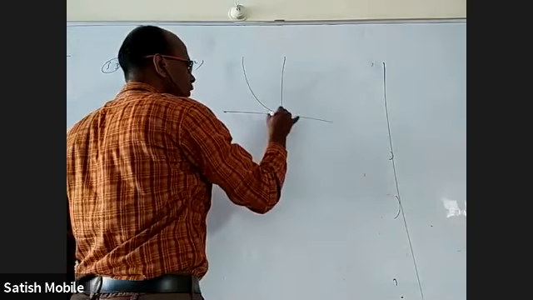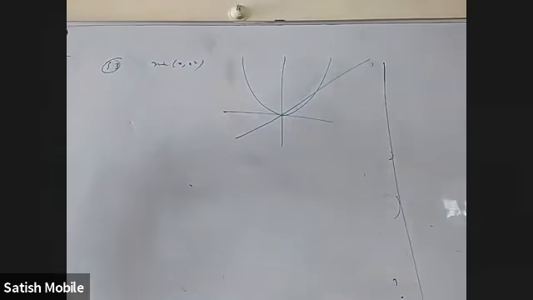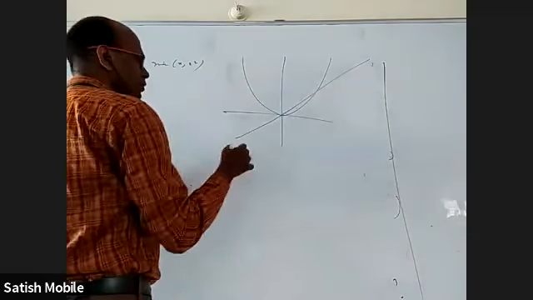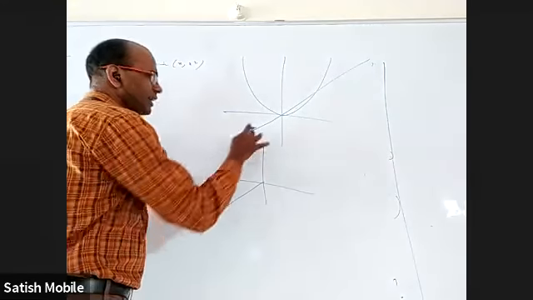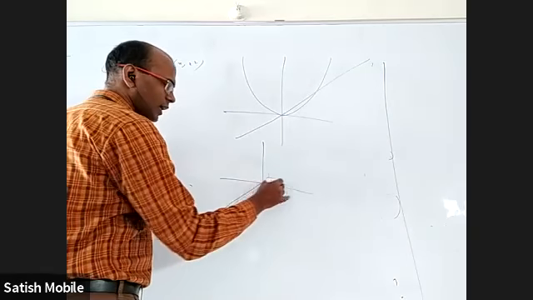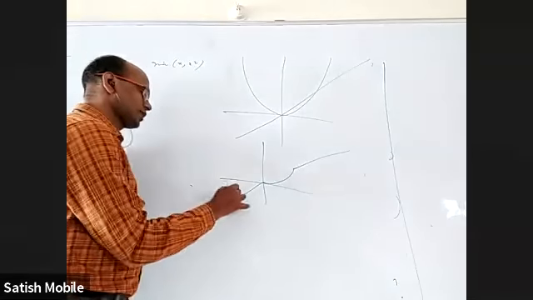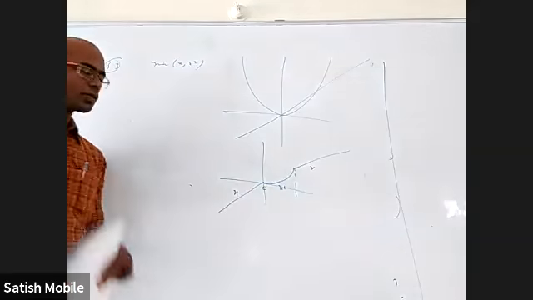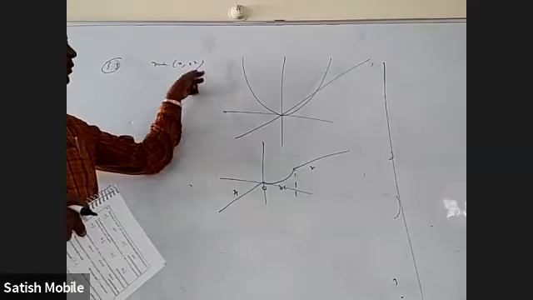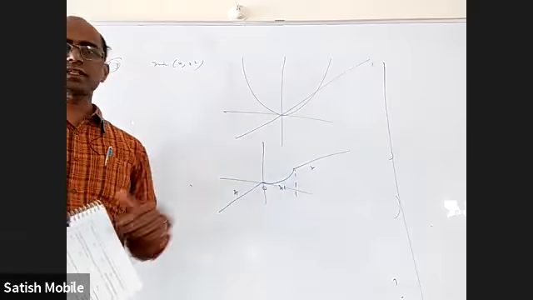If we take x square and y equal to x, they'll intersect at 0 comma 0 and 1 comma 1. If we take the minimum of these two, here this line is below the curve, but here the curve is below the line, and again the line. Okay, this is the final figure, where this is x, this is x square, this is x, this is 1, this is 0. Up to 0, the function is x because x is smaller than x square. Between 0 and 1, x square is smaller, and after 1, x is smaller.